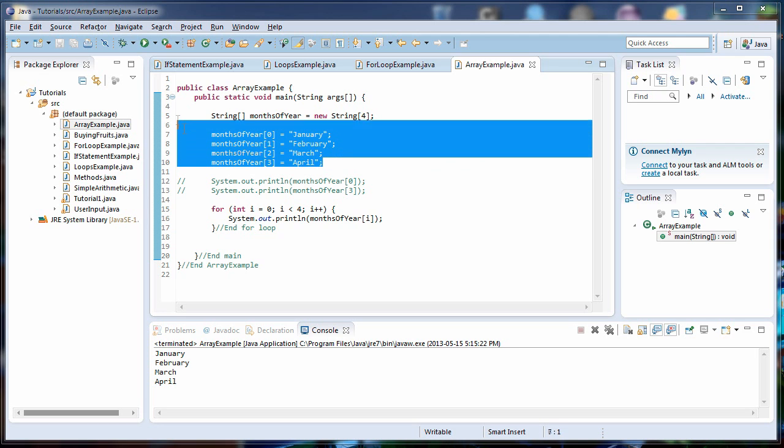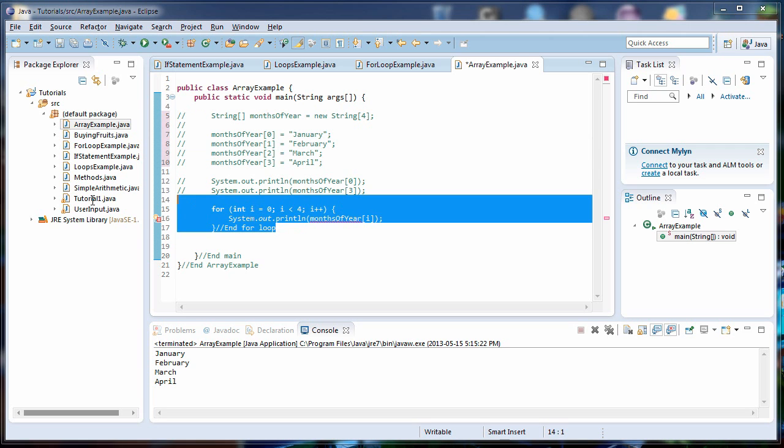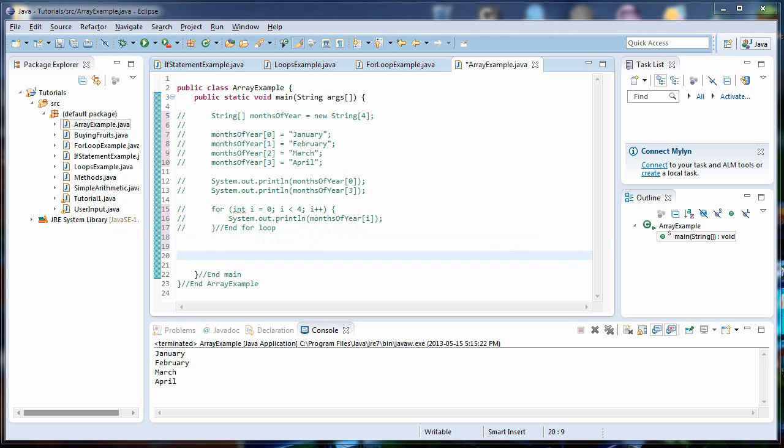I'm going to comment out all of this. All right. Now I'm going to show you a different way to create the array, where you can put all the different months all at once, instead of typing out monthsOfYear 0 equals January, monthsOfYear 1 equals February. Okay, watch this. So String